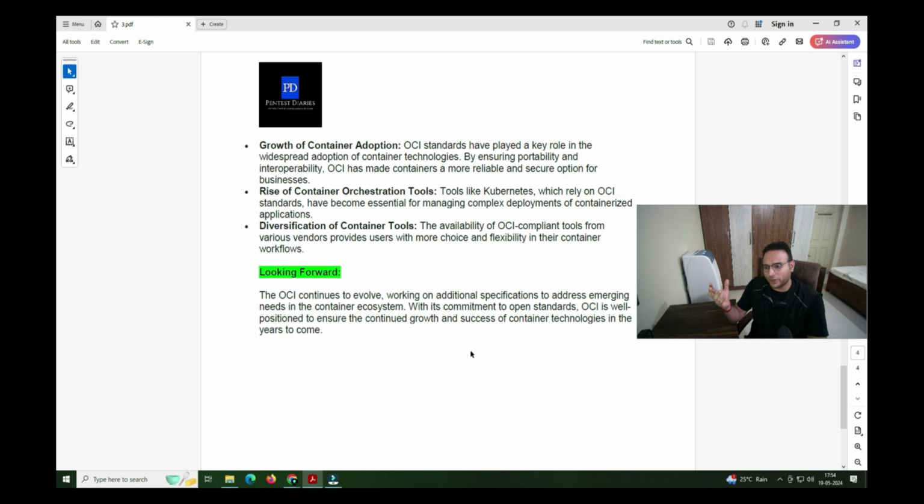Now in the next video itself, we'll see the practical section. We'll see the commands, how to pull the images, how to run them, how to stop the containers. Everything I'll try to cover in the next video. So definitely you will like the next video. And this is just a theory part.